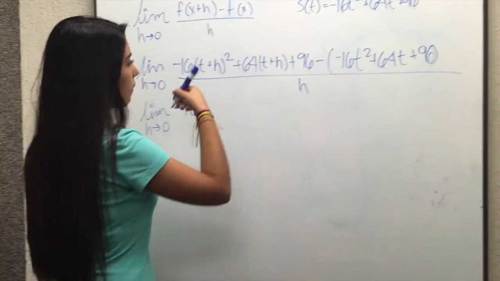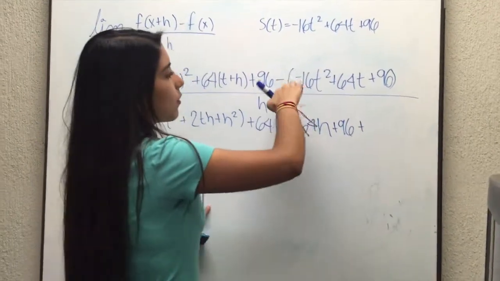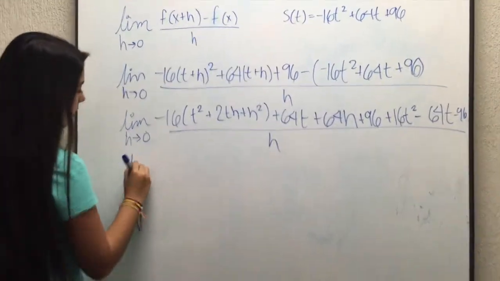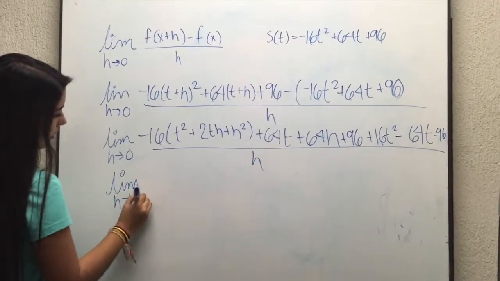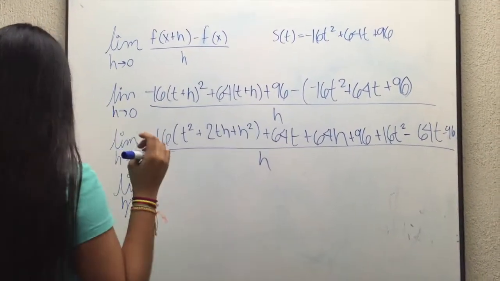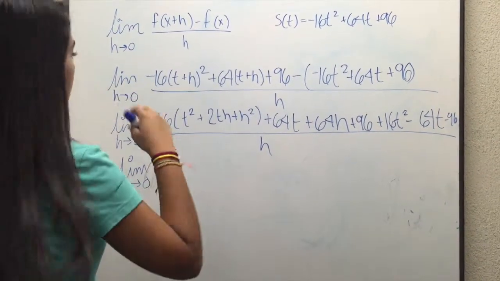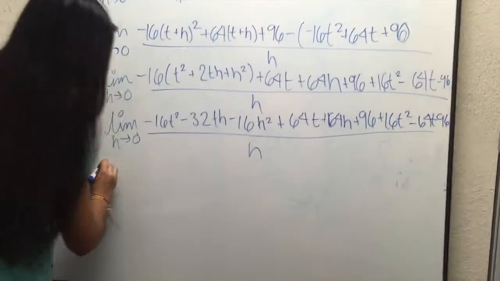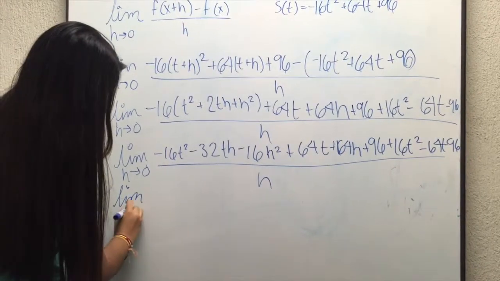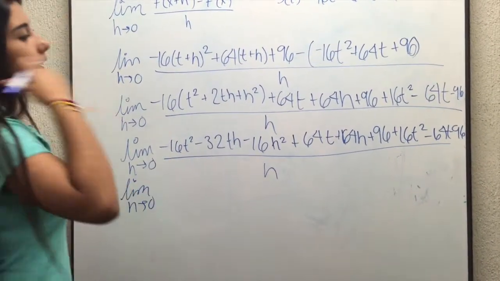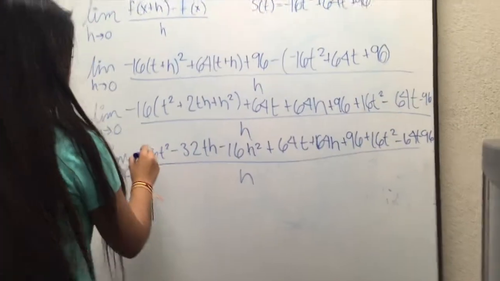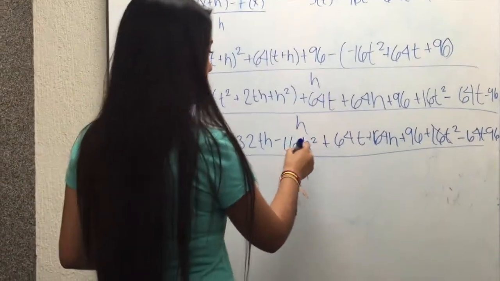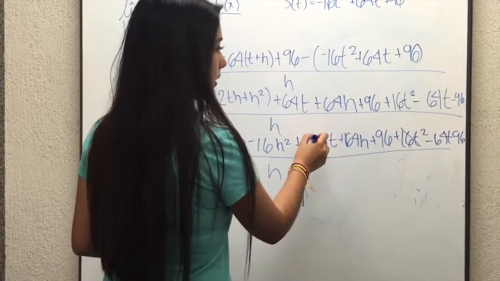Then we need to put the limit as h approaches 0. This we need to factorize, and then we need to change all the signs. Then we need to put again the limit as h approaches 0, and we're going to do this over h. Then we need to put the limit as h approaches 0, and we're going to eliminate this and this. This no, this no, this yes,